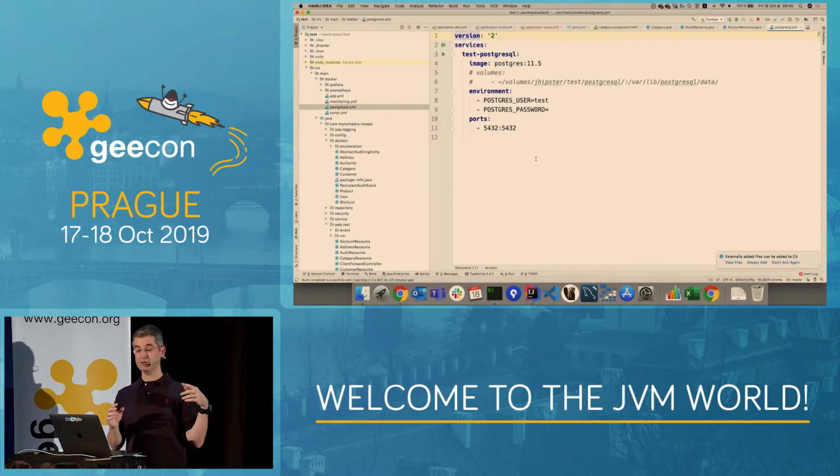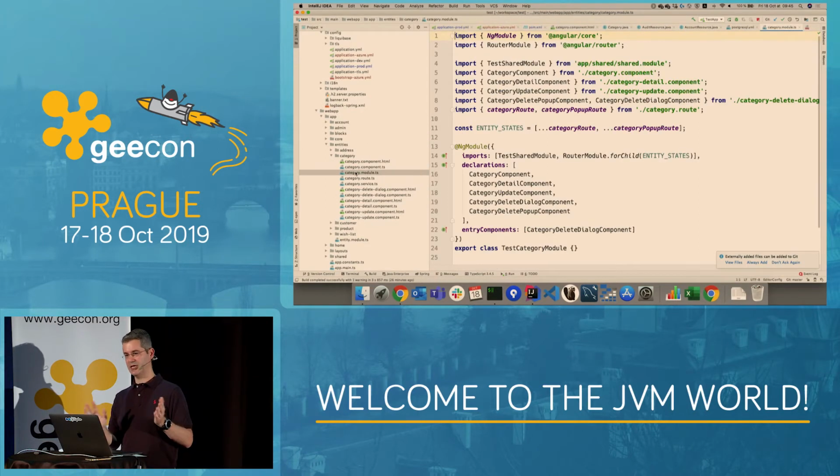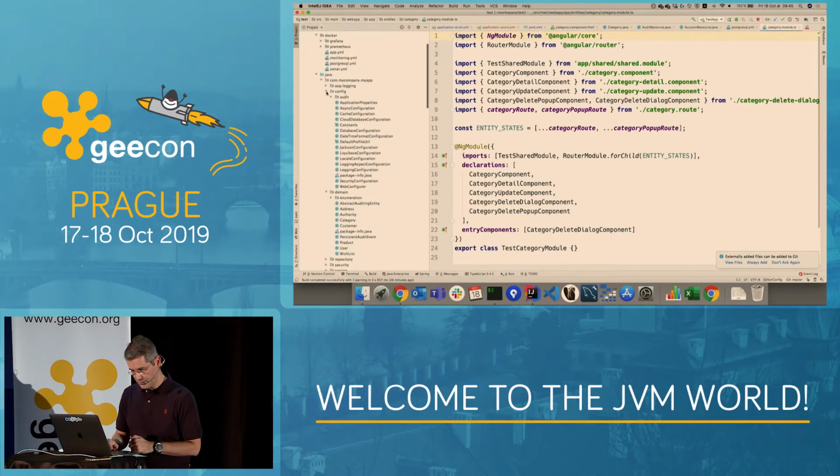Oh, sorry, there are also some people thinking there's a mix. Maybe you can also consider that this code, the entities, the category, this is business code. Something that I take control of, and I don't want JHipster to generate anything anymore. It's my code. But let's have a look at a configuration file.